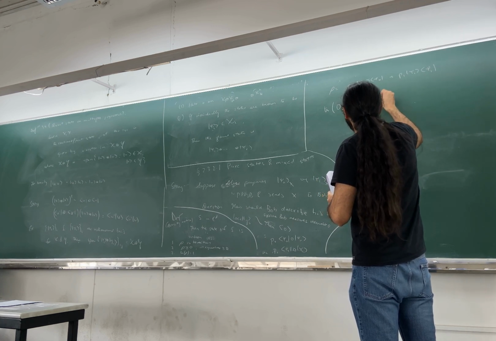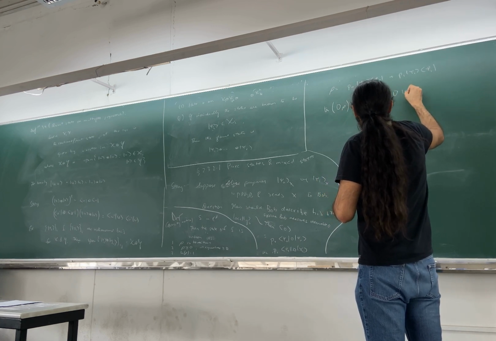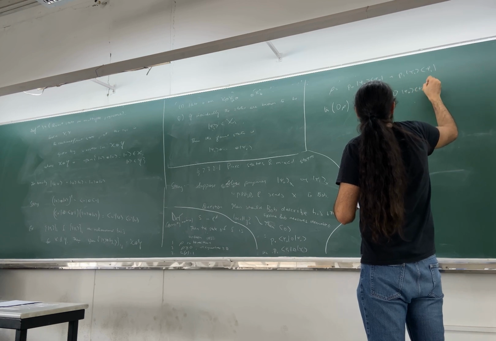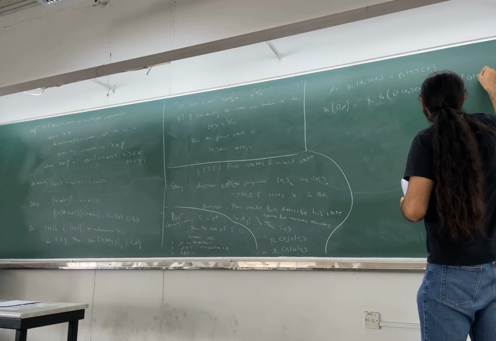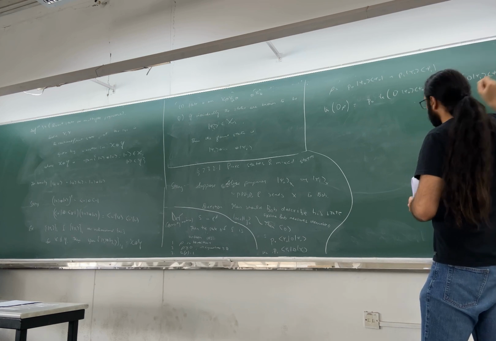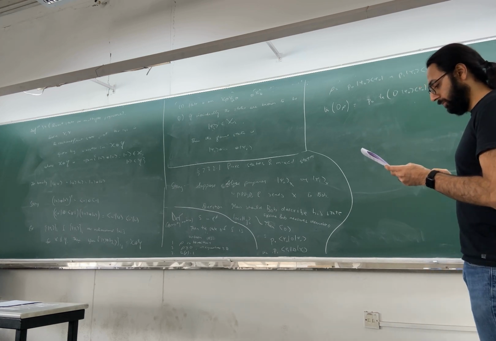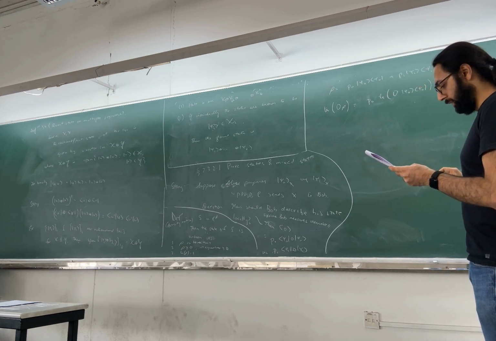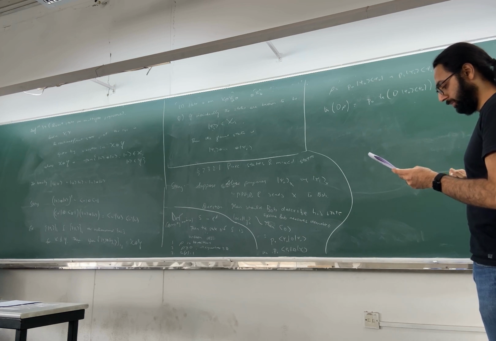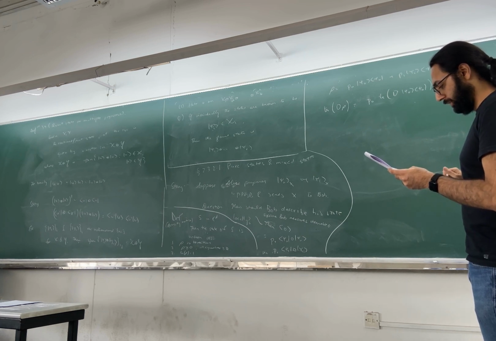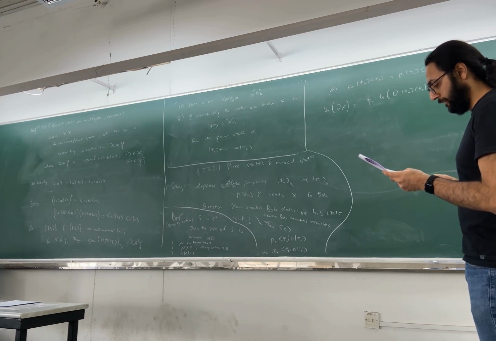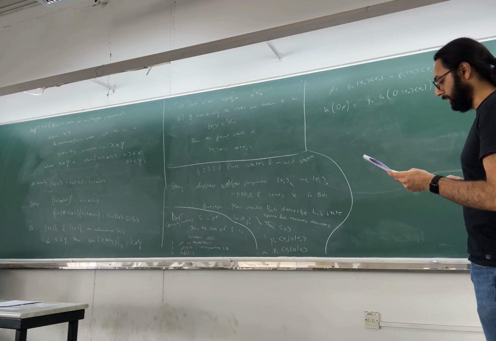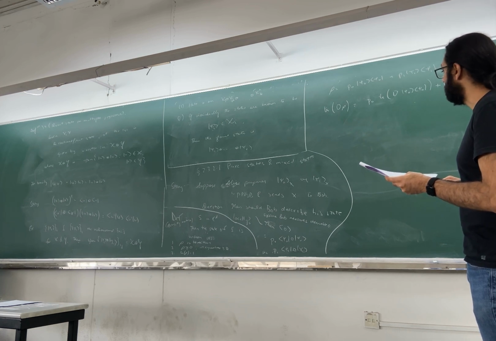So you get P0 trace of O |psi 0><psi 0| plus P1 trace of O |psi 1><psi 1|. Okay, very well. And it's also simple to see how the axioms